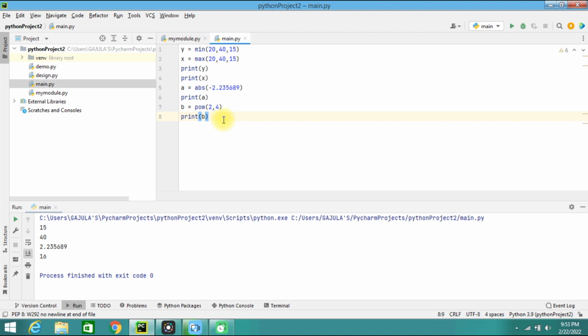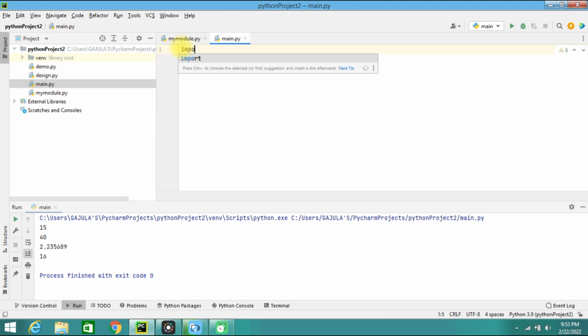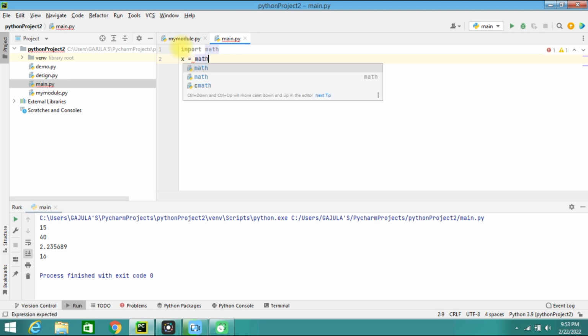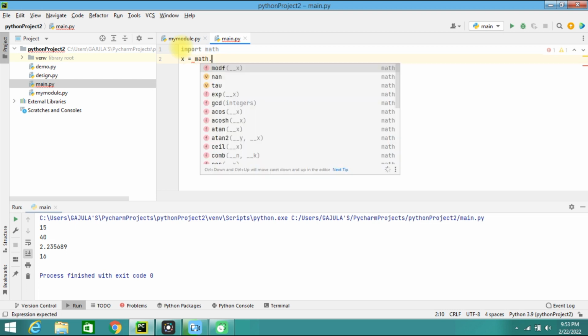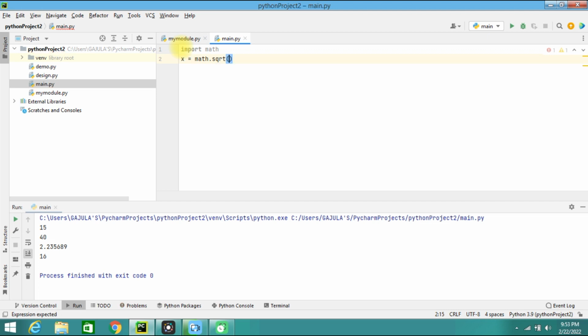Okay, so import math. Okay, and then we can use the complete mathematical module. So here if I want to use something like x is equal to square root, we need to mention math first followed by a dot, and then we need to use sqrt of whichever number you want. So 225 square root I want to find out. So now I'll be going with print of x,